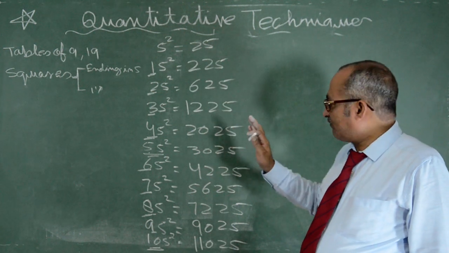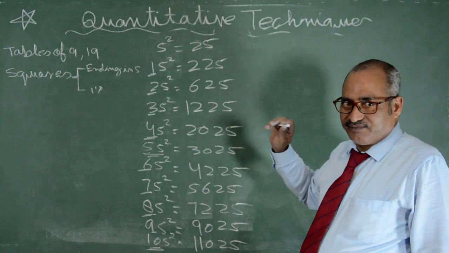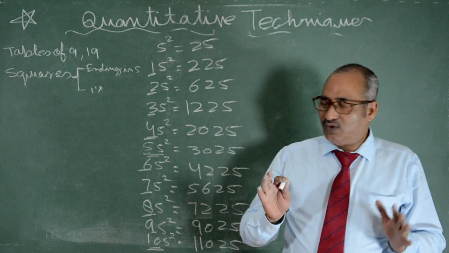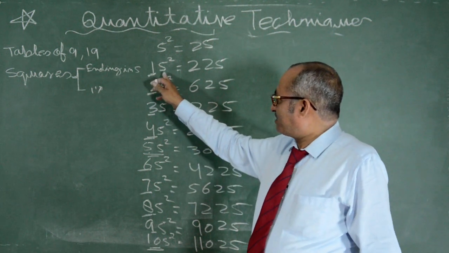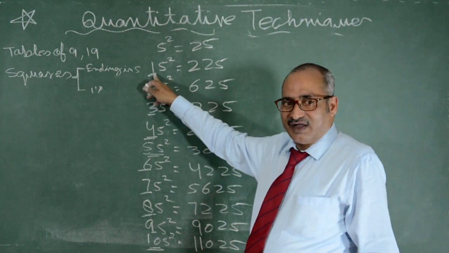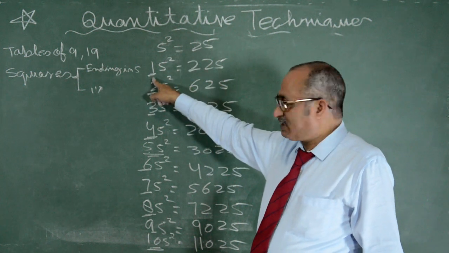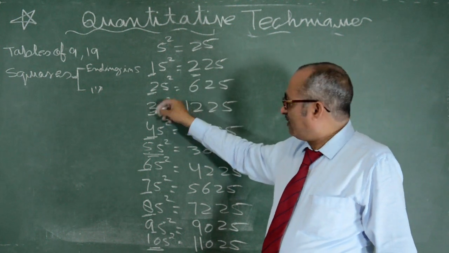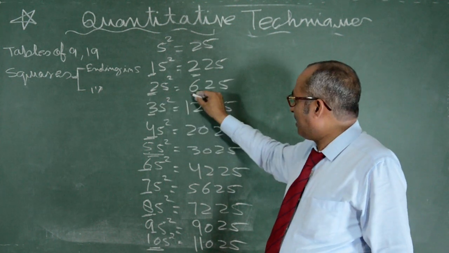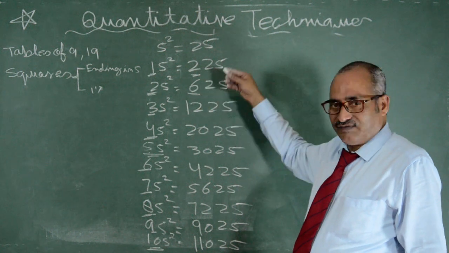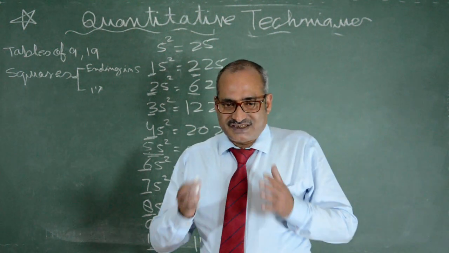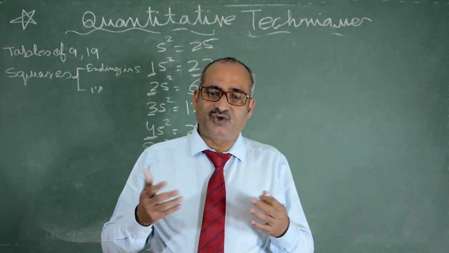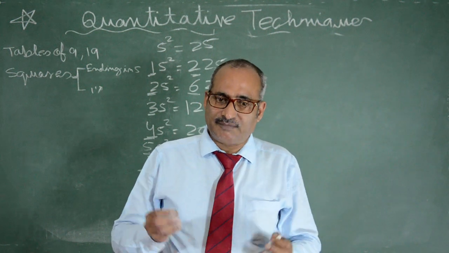The number is square of a number ending in 5. It is very simple to find the square of a number ending in 5. What you have to do? You just multiply the preceding number before this, that is 1, by its successor. Successor of 1 is 2. 1 into 2 is 2, and then write 25. In case of square of 25, successor of 2 is 3. 2 multiplied by 3 is 6. 6 and 25 and so on. I hope you must have enjoyed this trick, and keep on learning these small tricks that will benefit you in learning quantitative technique paper.